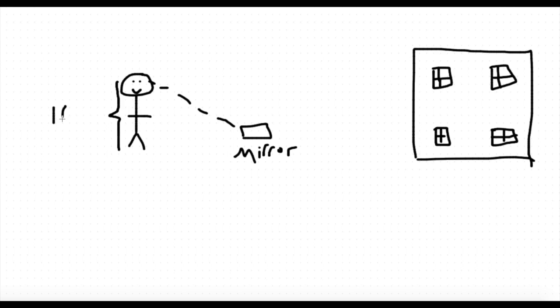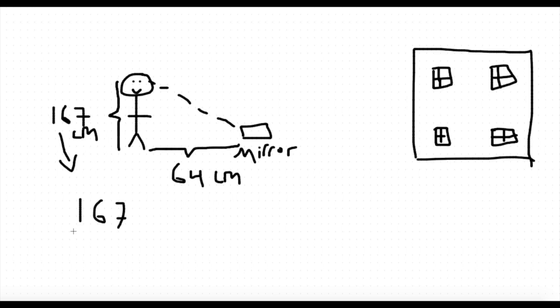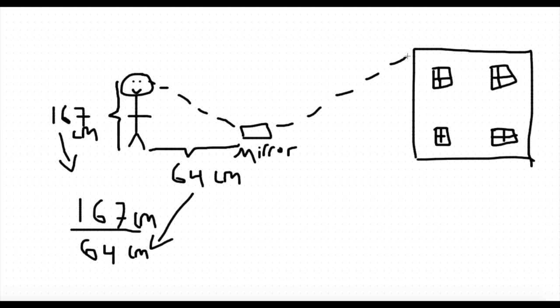And that distance we said was 167 centimeters. And then we needed to find the distance between me and the mirror. And that distance was 64 centimeters. Okay, so now we have one triangle done, as you can see there. I'm going to explain it further, but so the ratio right now of the first triangle is 167 centimeters to 64 centimeters. And now we're drawing the second triangle,